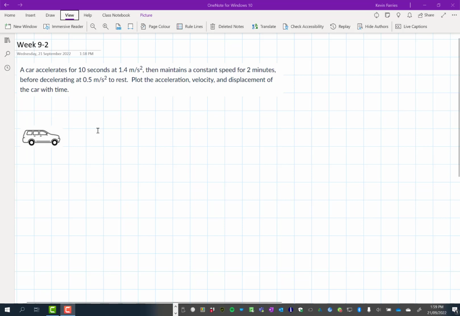So for this last couple of examples, what we're looking at is what's called erratic motion. That's where the motion of the object, in this case a little car, changes from different stages. So for example, say for this car, the first stage might be that it's